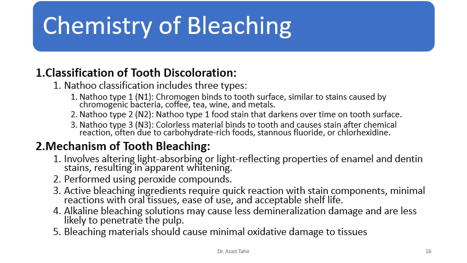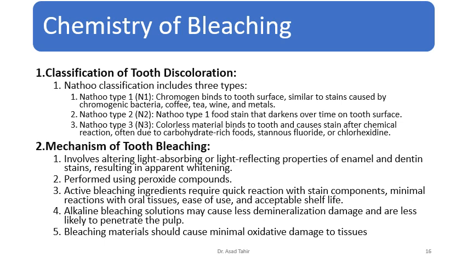Chemistry of bleaching. Classification of tooth discoloration. The Nathoo classification includes 3 types. Nathoo type 1, N1: chromogen binds to the tooth surface, similar to stains caused by chromogenic bacteria, coffee, tea, wine, and metals. Nathoo type 2, N2: a type 1 food stain that darkens over time on the tooth surface. Nathoo type 3, N3: colorless material binds to the tooth and causes stain after a chemical reaction, often due to carbohydrate-rich foods,